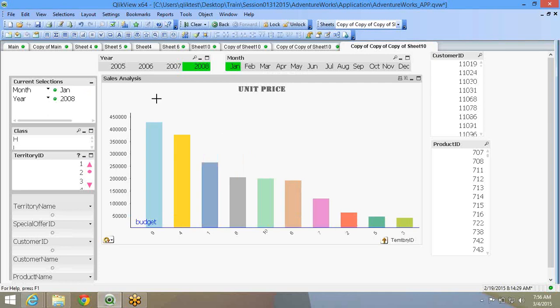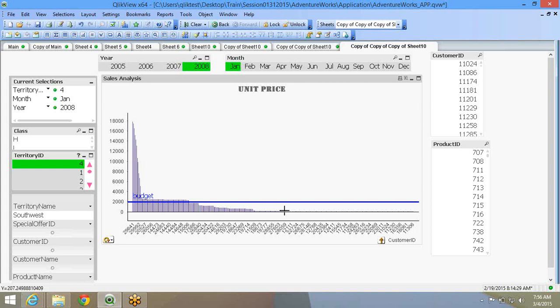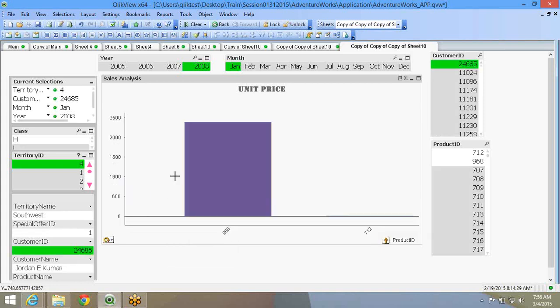When I'm drilling down, when I select 2008, data is selected. When I select Jan, data is selected. Within Jan data, I get to see which are the territory IDs. Within a particular territory ID, I see all the customers. For a particular customer, I see the products. So these are the only 2 products that this customer has bought.